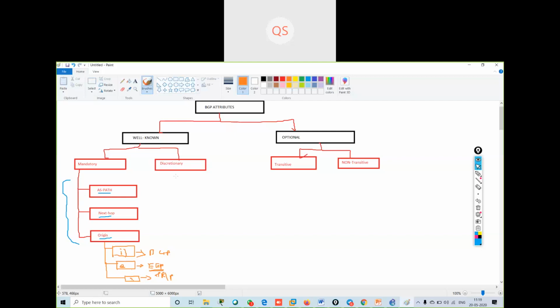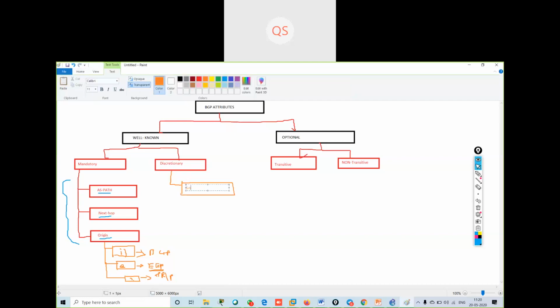Now, in the discretionary category, I have something known as local preference.